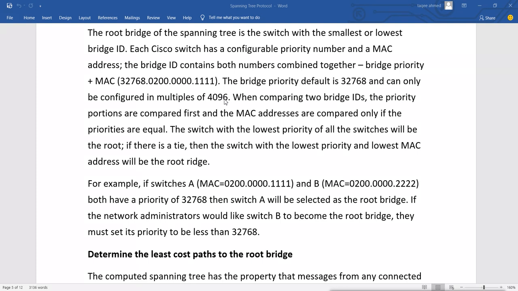You cannot just assign any value for the bridge priority, like 100 or 200. You can only assign values in multiples of 4096.